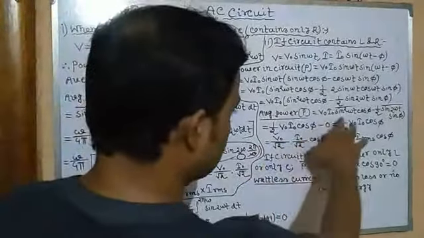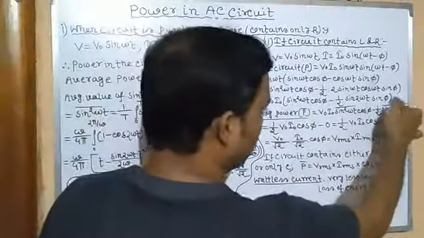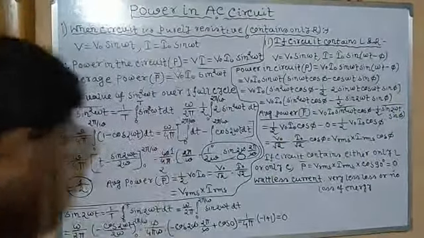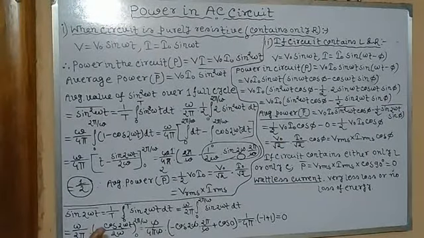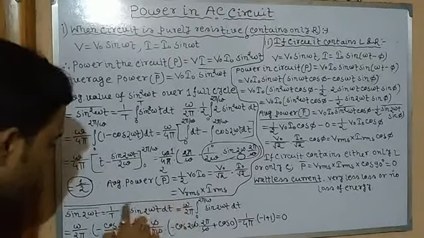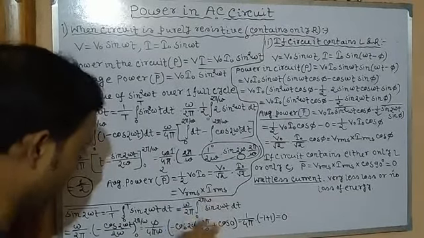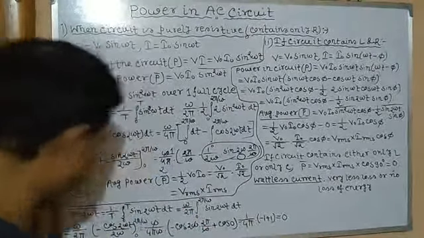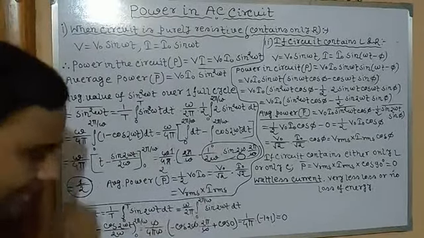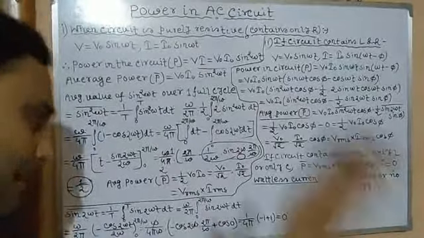So half into V0 I0 cos phi minus, now we need to find the average value of sin 2 omega t over a complete cycle. Now look here, this is sin 2 omega t average. This is 1 by T, again, in a full cycle, 1 by T integral from 0 to T of sin 2 omega t dt, where T is equal to 2 pi by omega, so omega by 2 pi, 0 to 2 pi by omega, sin 2 theta d theta. Now omega by 2 pi, now the integration of sin theta is minus cos theta, because the derivative of cos theta is minus sin theta.